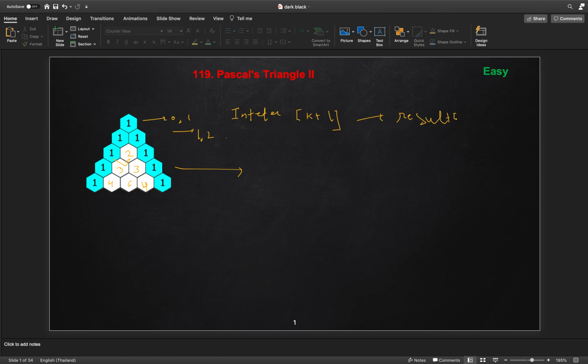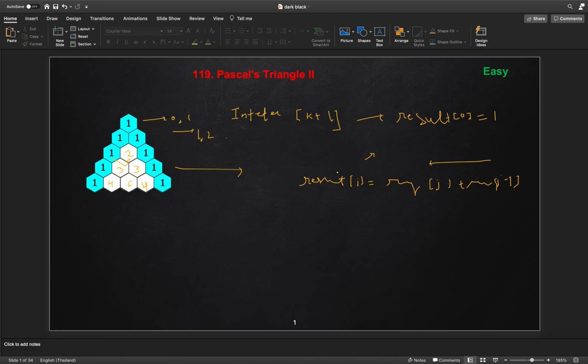We will start with the 0th index and set it to 1, then we will construct the second row. How will we construct the second row? We start from the end of the array, from right to left. Result of the jth element can be represented as result of j plus result of j minus 1.